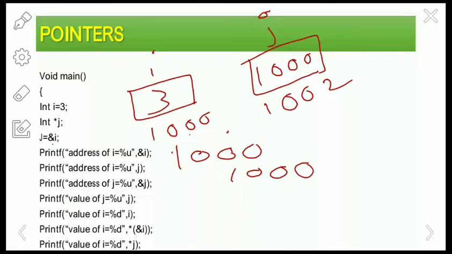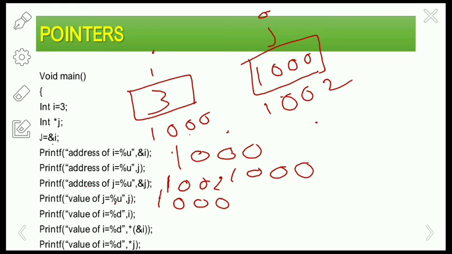Then printf address of j equals %u comma address of j, it will print the address of j, which is 1002. Next, value of j equals %u. What is the value of j? That is 1000, so it will print the value 1000.